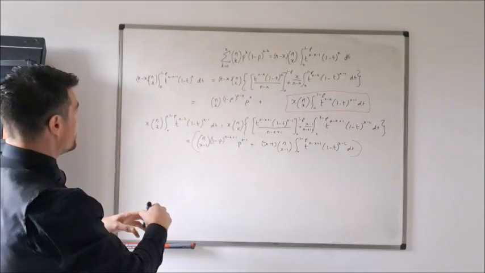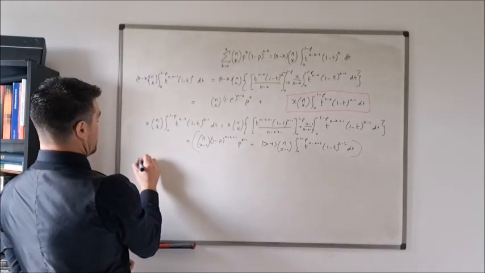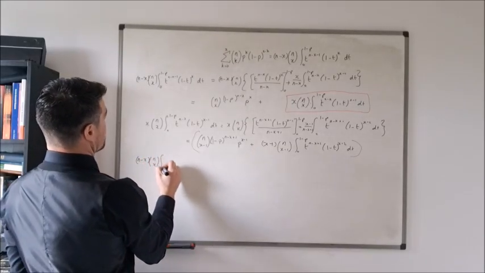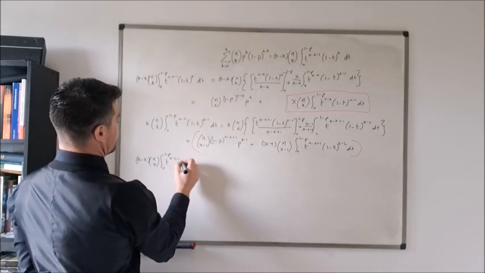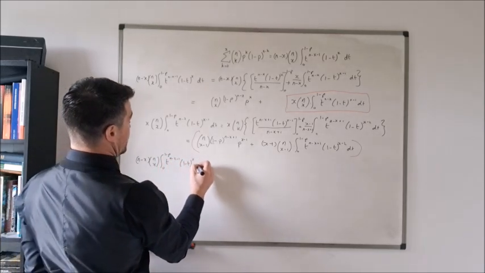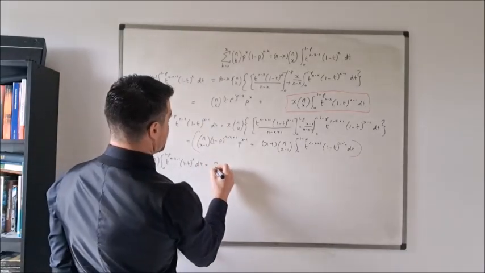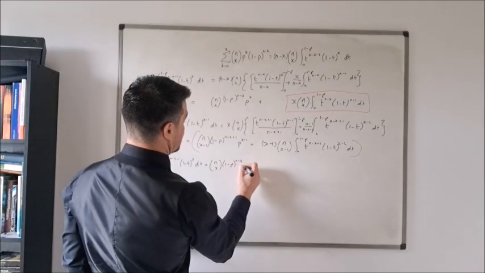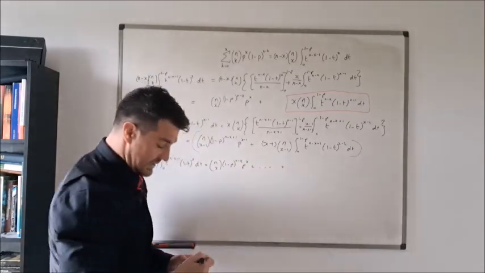So if we continue this now, what we get is that n minus x, n choose x, integral from 0 to 1 minus p, t to the power of n minus x minus 1, (1 minus t) to the power of x dt is going to be equal to n choose x, (1 minus p) to the power of n minus x, p to the power of x, plus,